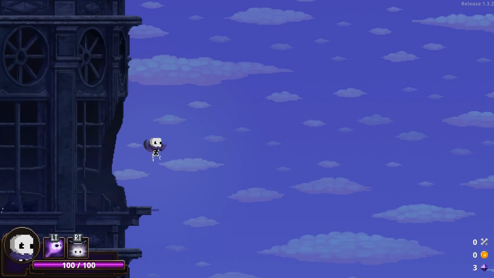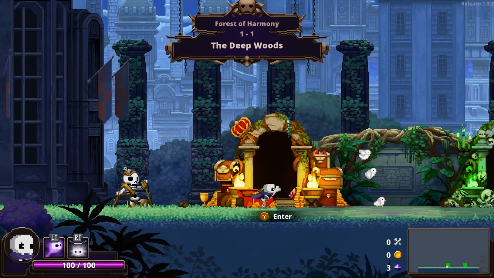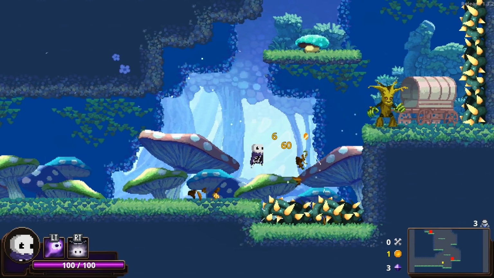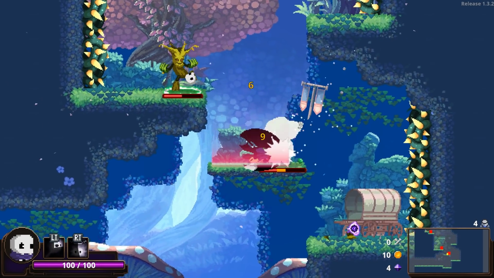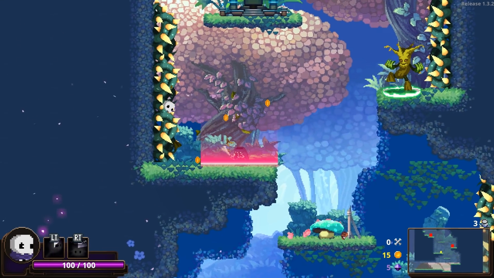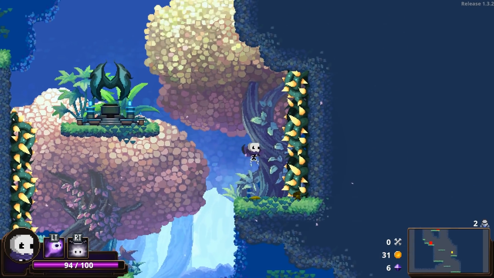So, let us begin our fresh save run, which I've achieved by doing a little bit of black magic, a little bit of wizardry. Don't worry, my normal save still remains, so I will continue to acquire my dark quartz that way. Now, it's an interesting idea, and because we're getting the new release of Skul onto consoles, I thought, what better time than now to do a run like this and showcase